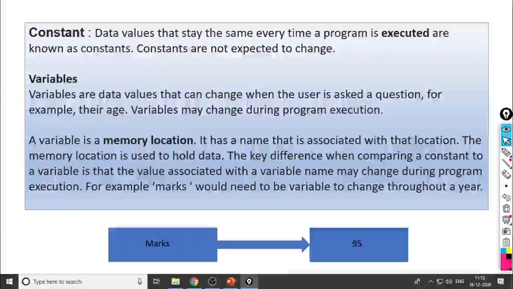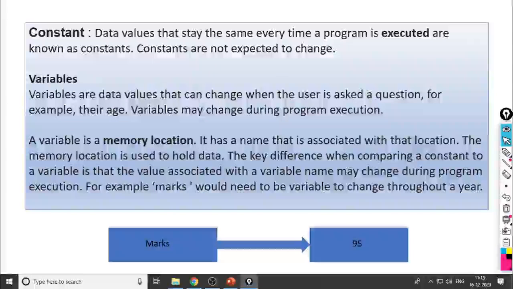Variables are data values that can change when the user asks the question. For example, variables may change during program execution. We can do mathematical operations on the constant values as well as perform mathematical calculations on variables.